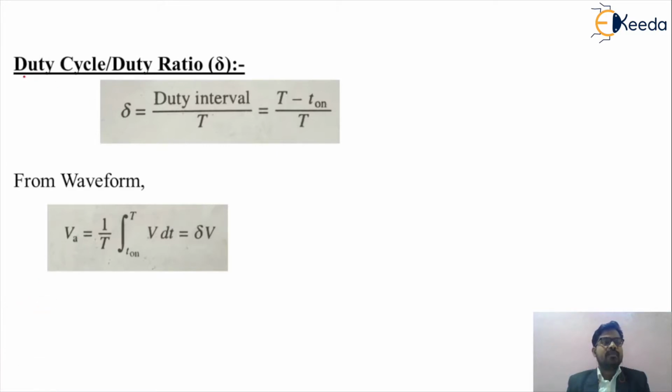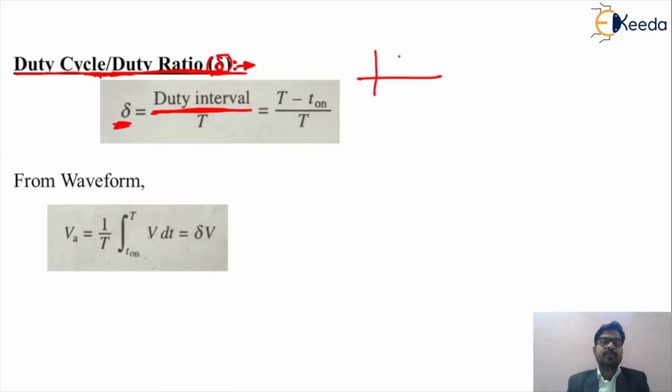So friends, the very important concept is called the duty cycle or duty ratio. What do you mean by the duty cycle or duty ratio? We call it del, because in a chopper we are controlling the value of the duty ratio. The duty ratio is the ratio of the duty interval to the total time period. So what do you mean by the duty interval in concern with your regenerative braking? Again I will draw a simple diagram for your understanding.